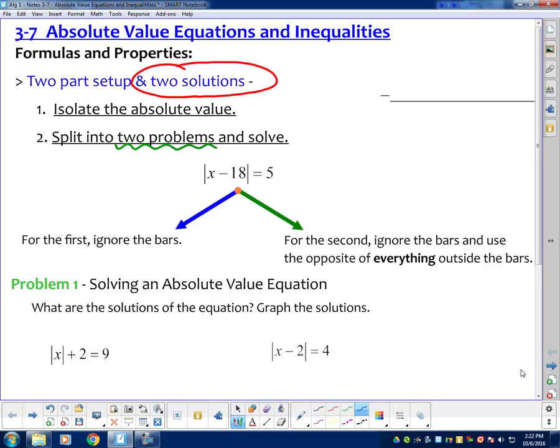Okay, so I have nothing but my absolute value on this side. So I'm okay to split it. I'm going to split it and make 2 equations. The first one,